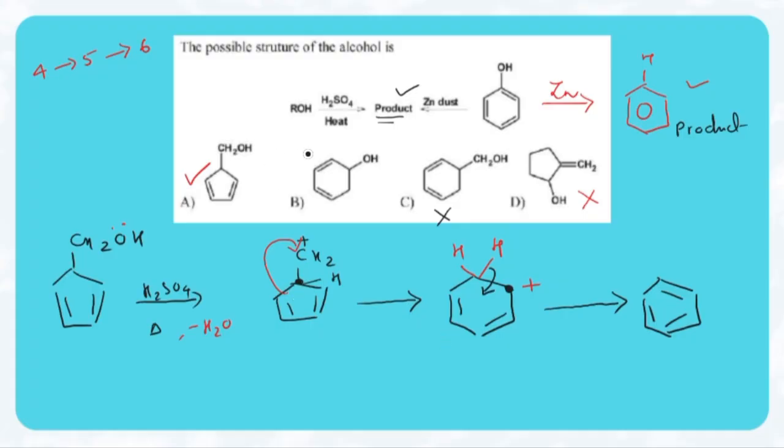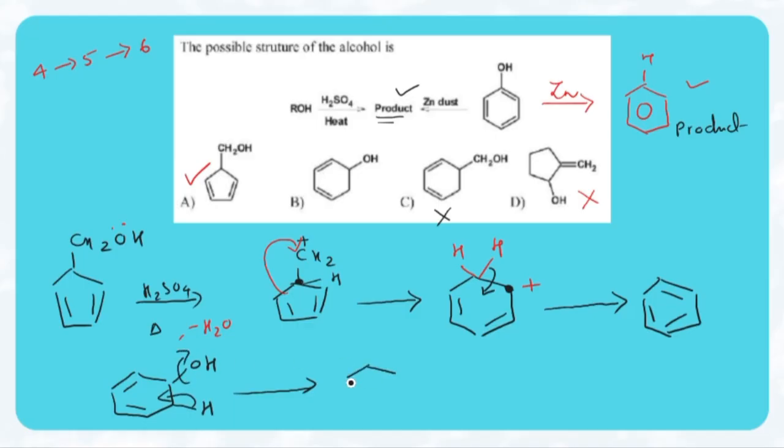So that is also the driving force for the ring expansion. And let's check option B. This is quite simple. Look at this. There are 2 double bonds and then there is a hydroxyl. This is very susceptible to undergo dehydration. Why so? Because when it undergoes